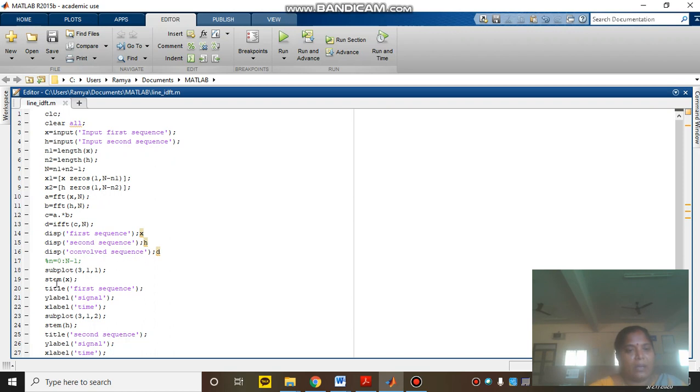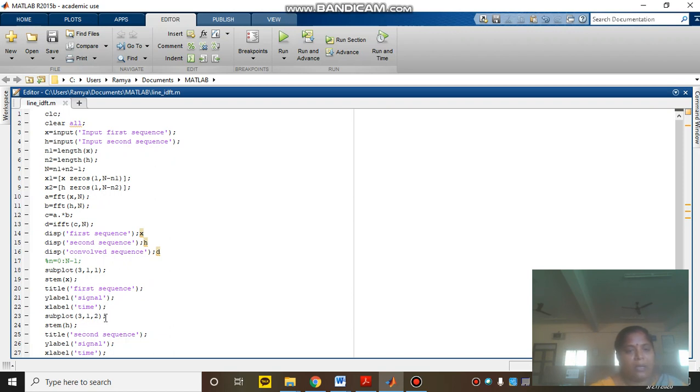Now subplot divides the entire screen into 3, and the first sequence is plotted in the first place. Stem plots at particular X and Y, the title is first sequence, the Y label is signal and the X label is time.